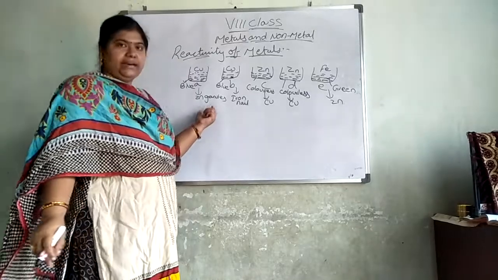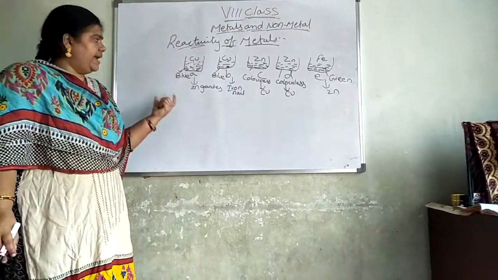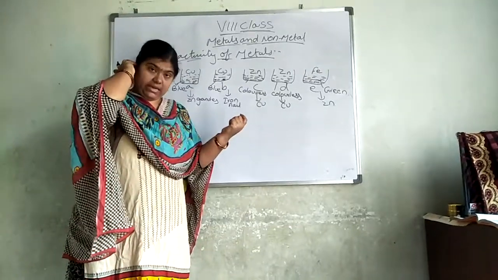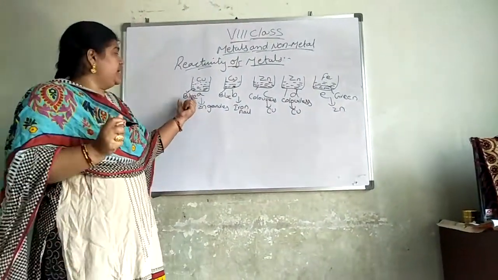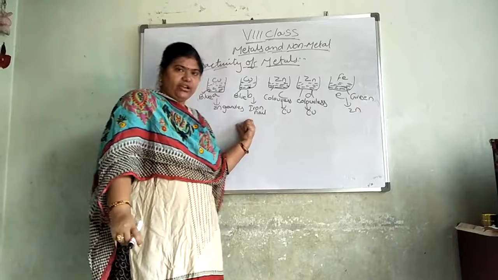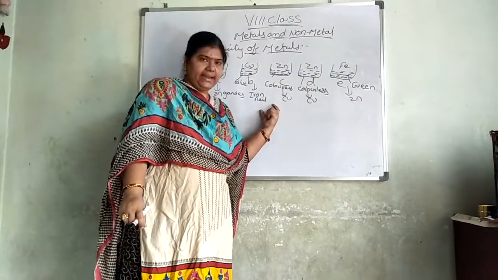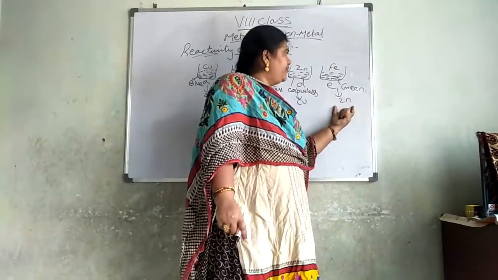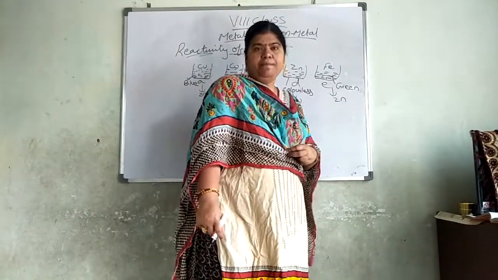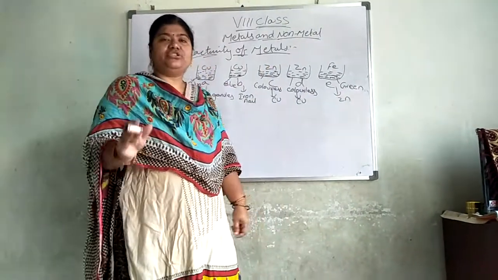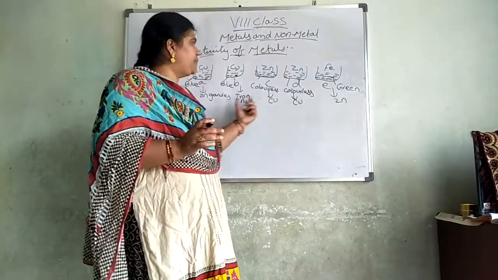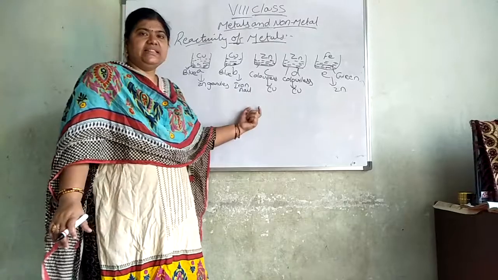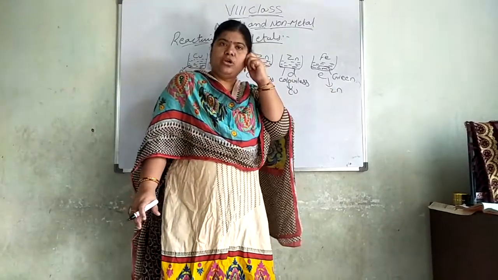So you can see here again what we have to add to the A, B, C, D, E beakers. In A you add zinc granules and in B you add iron nail. In C and D you add copper and in E, the iron solution, you add zinc. See what reaction will take place in these particular beakers. You have to note down what reaction is taking place.